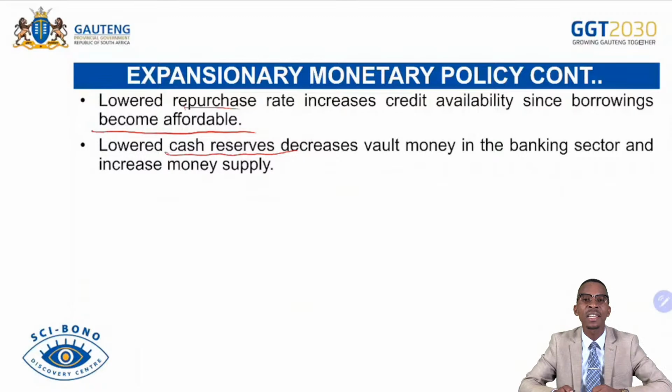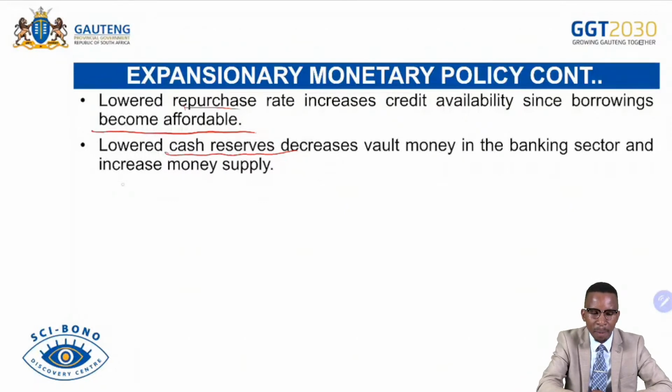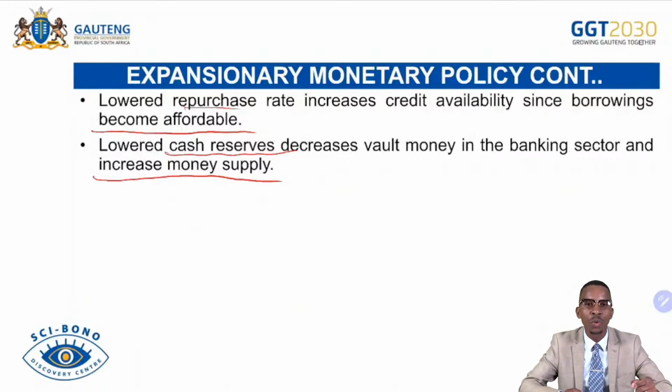their reserves. If ever the cash reserve has been lowered, that will mean there will be less vault money. Remember, the vault money is money that is available for the bank but cannot be spent, cannot be used. It's not available for usage. It is kept on reserve of the bank. So we call that a vault money. So if ever the cash reserve has been reduced, that means the vault money will be decreasing while money supply increases, because money supply will always increase if ever the cash reserve has been reduced. If they reduce cash reserve, they allow money supply to increase faster, which will lead to more money flow in the economy,